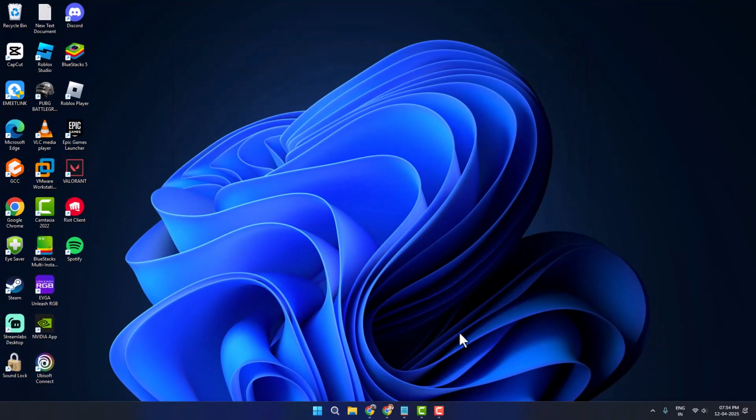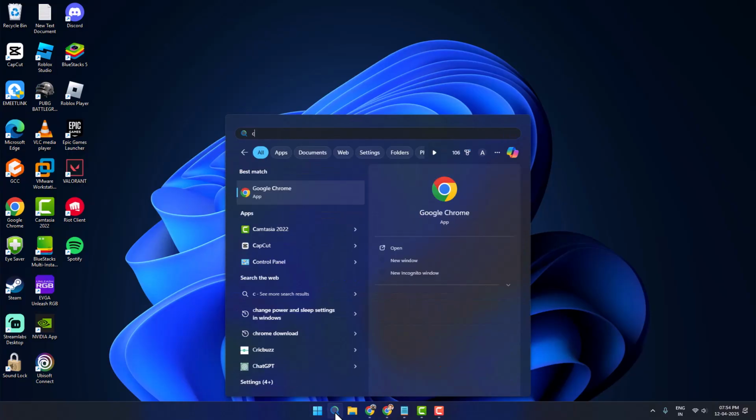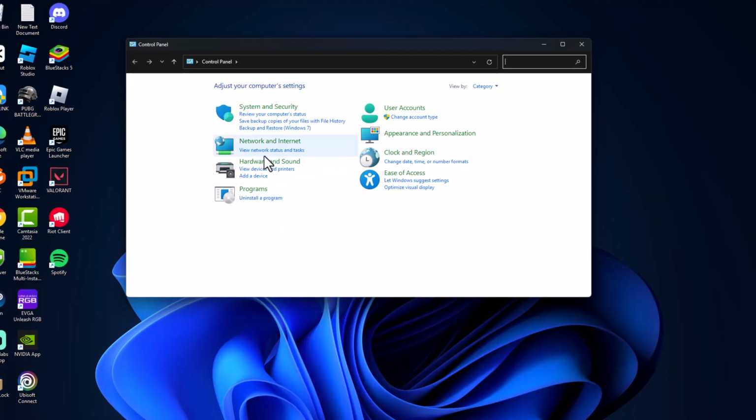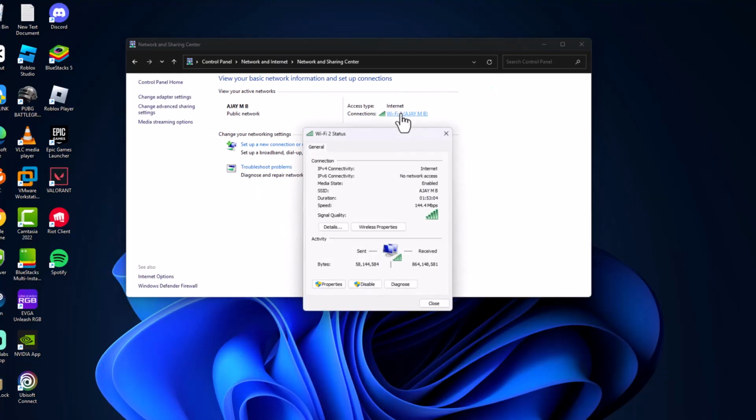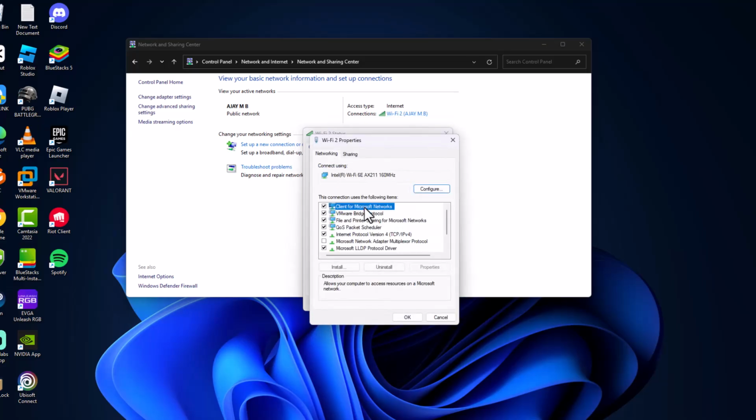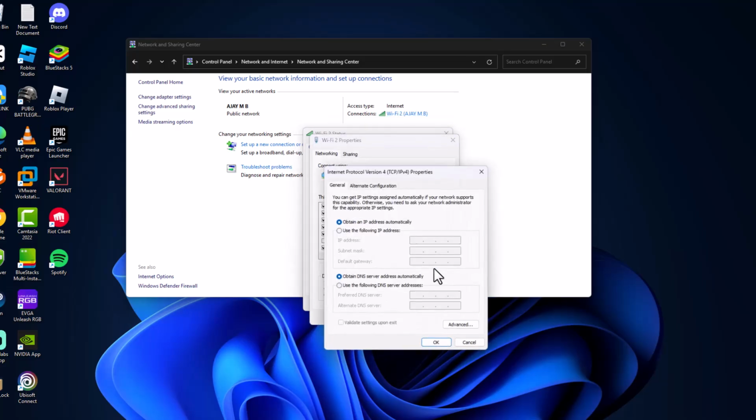If not, Method 3: you just need to go to the search menu and type Control Panel, click on open it, select View network status and tasks, select the connection and select Properties, select Internet Protocol Version 4 and select Properties, select Use the following DNS server addresses and type here